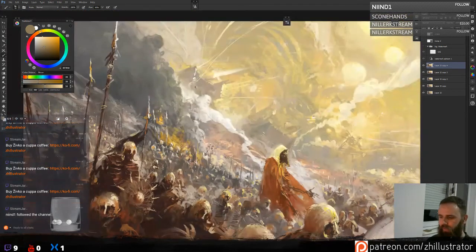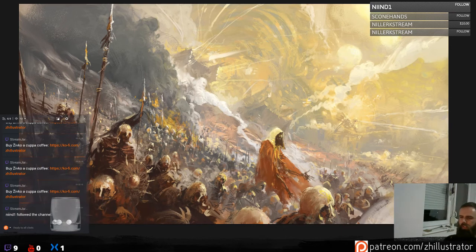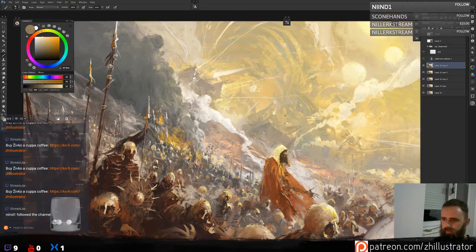Let's zoom out and show you what I'm working on. This is a little personal artwork, and I'm doing a refined version of this image.